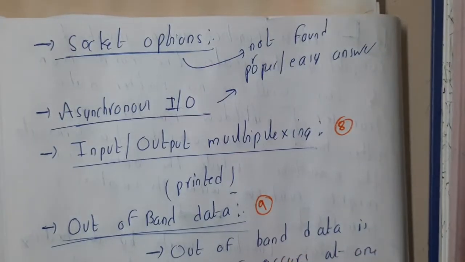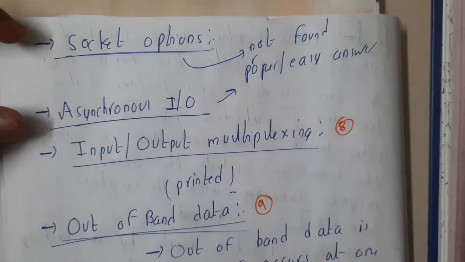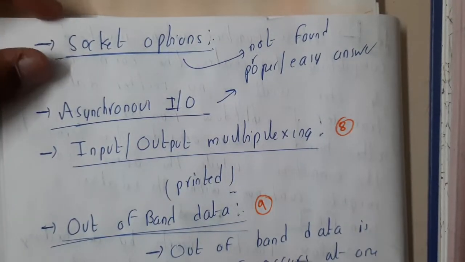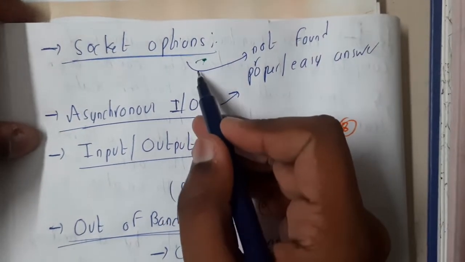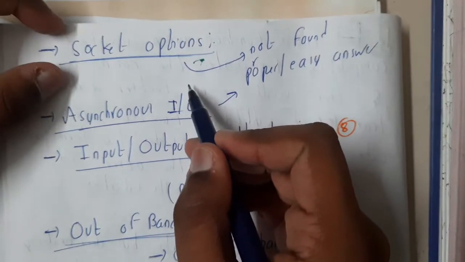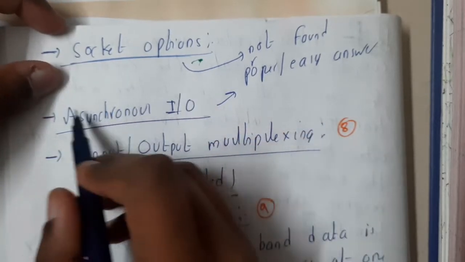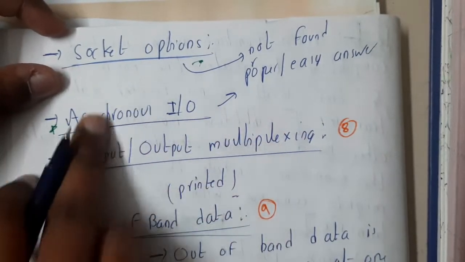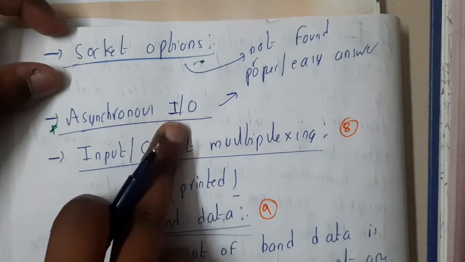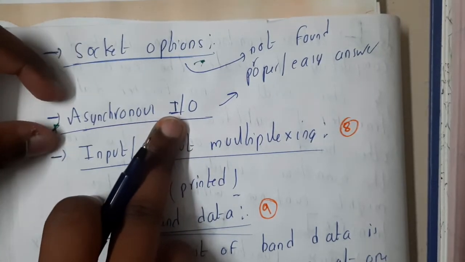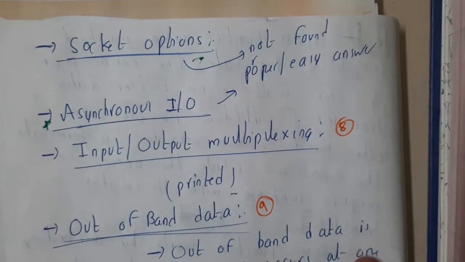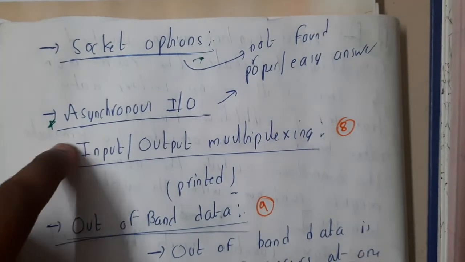One more thing, guys, I didn't find notes for these two topics. The topic names are socket options and asynchronous input. Socket options did not come in our examination, so you can take it as a choice if it comes, but make sure that you are searching for asynchronous inputs, guys. If I find it, I'll be sharing it in our groups. If you find it, please comment down below so that I'll be pinning your comment, and if someone in future watches this video, they can refer to it at least.